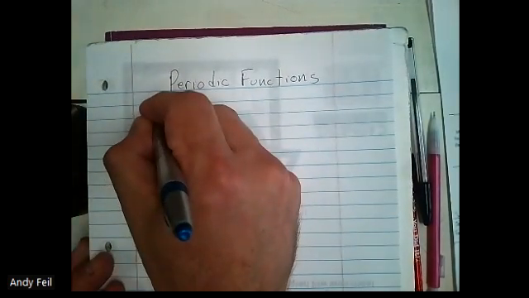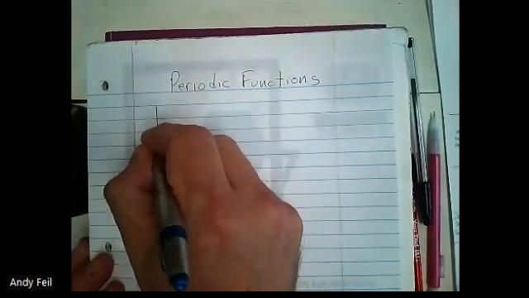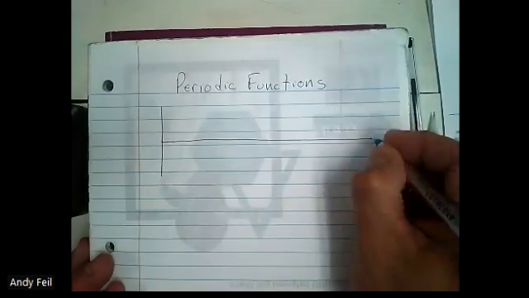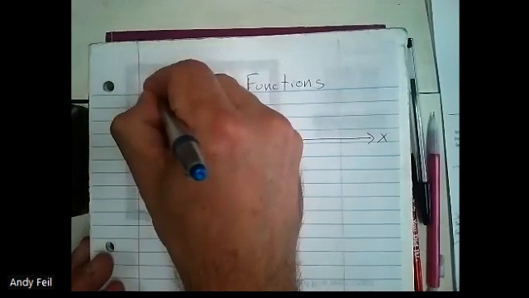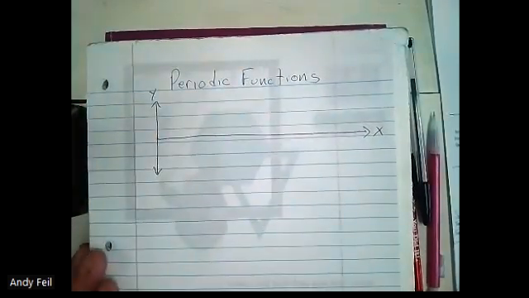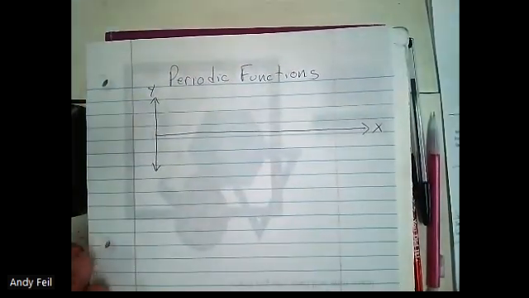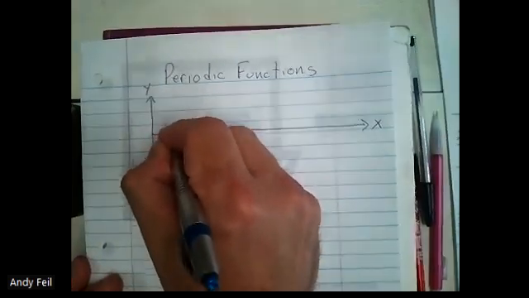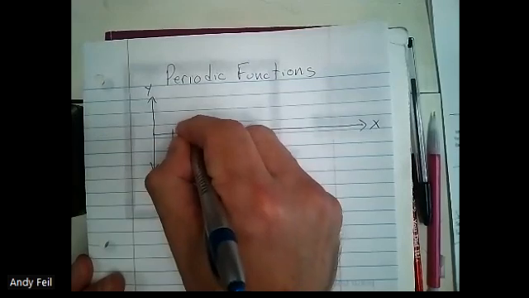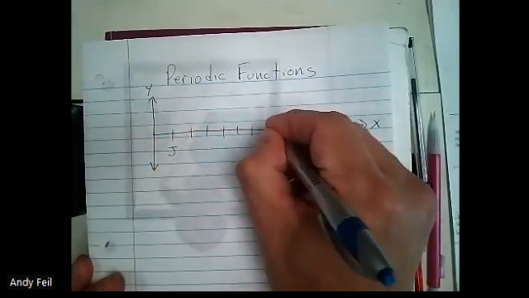I'll make it XY, but make it all the way out here like this. This is the X and this is the Y. And I want you to graph for me. This is, let's see, 1, 2, 3, 4, 6, 7,